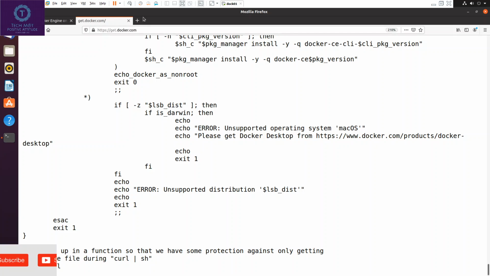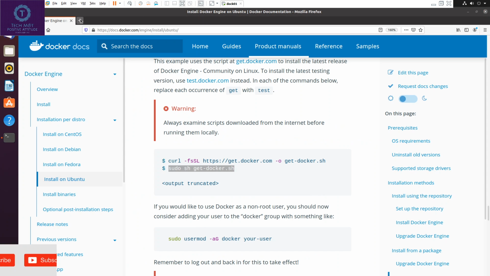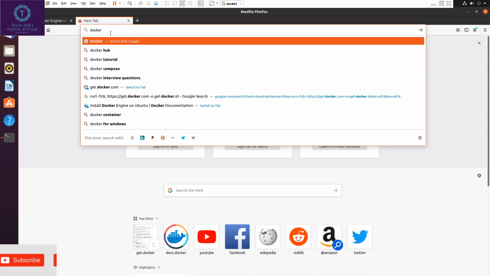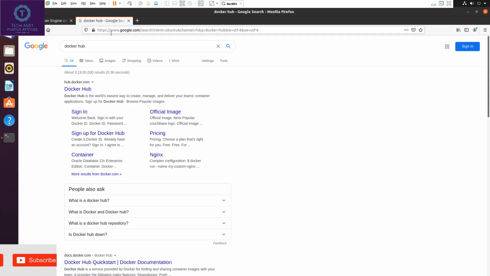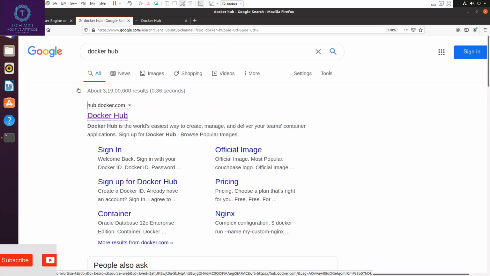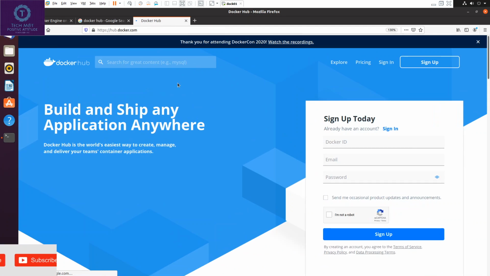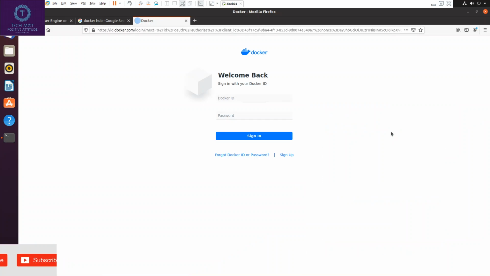To do so, first we will go on the Docker Hub. I have already created my ID. It is free, you can sign up.